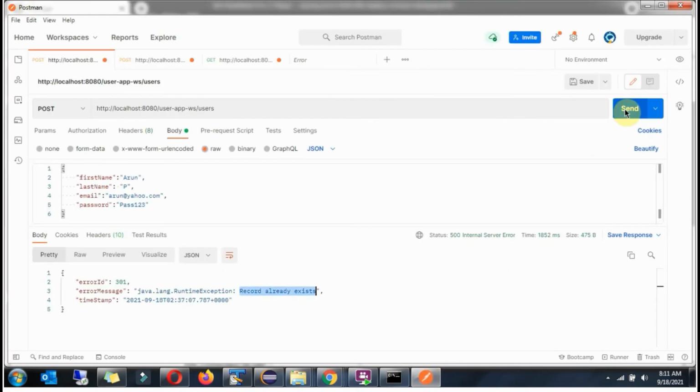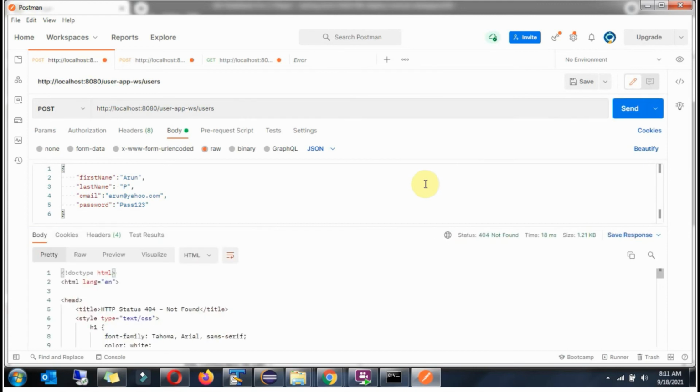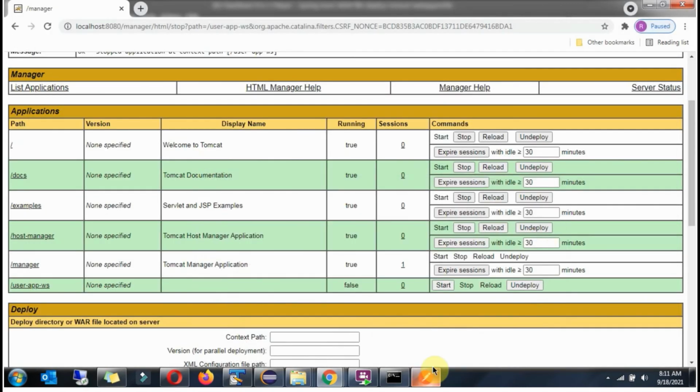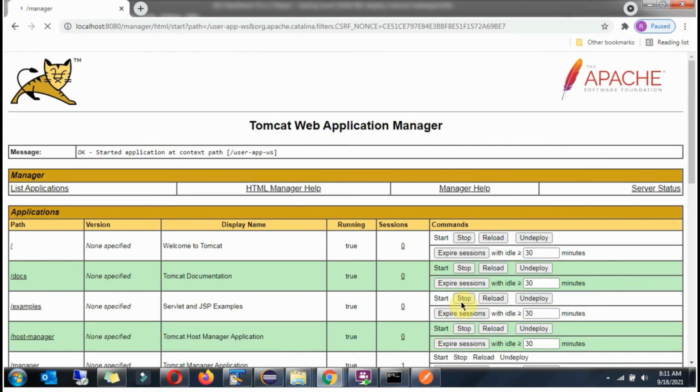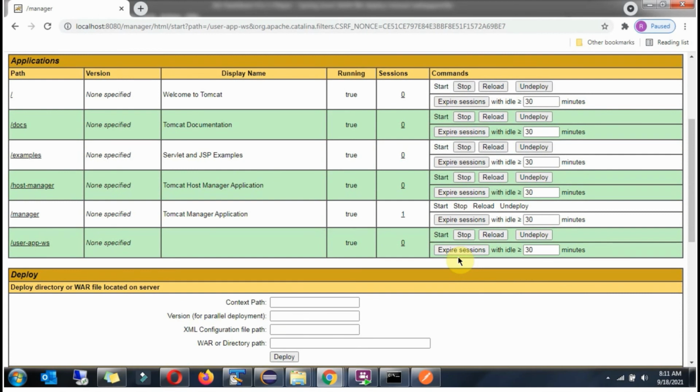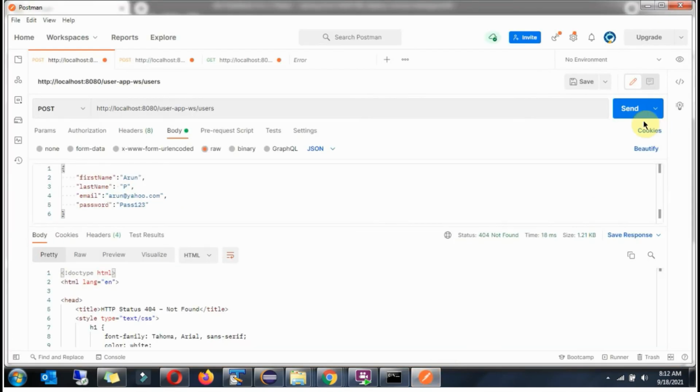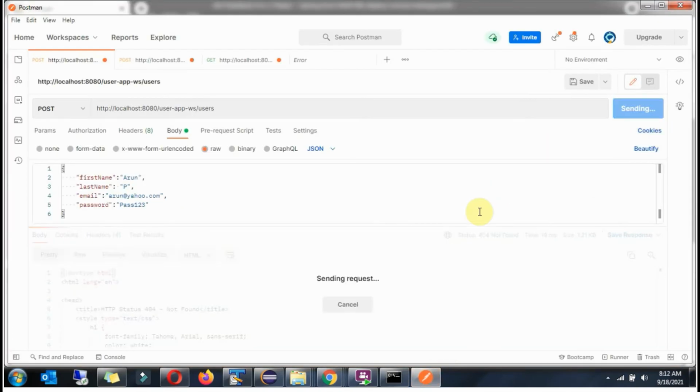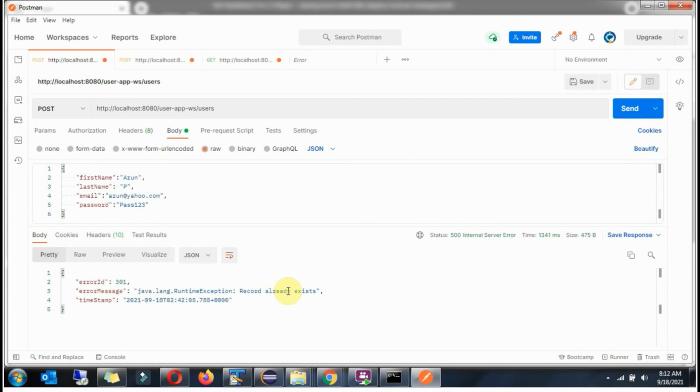And now try to send the request. And we are getting 404 not found. Click on start. Now the application is available to receive requests. Click on send, and now we got record already exists. It is working fine.